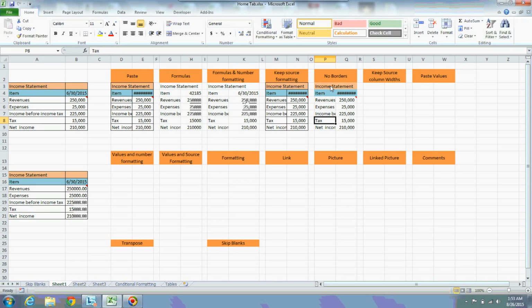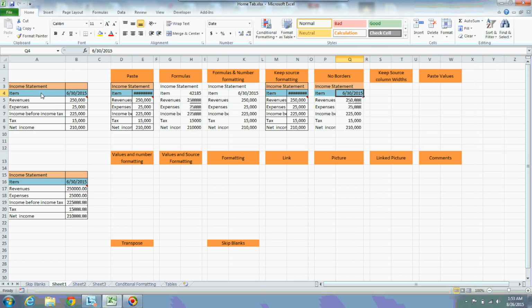If you observe, there are no borders, but it copied the entire source formatting. Except borders, it copied everything. It copied comments, it copied cell formatting. It means there is a comma between these values, and there is also a comma between these values. It is blue in color, and the color has also been copied. This is also blue, and the color has also been copied. Orange color has also been copied. Formulas have also been copied from here to here. It means this is our source, this is our destination. No borders means except borders, everything will be copied.